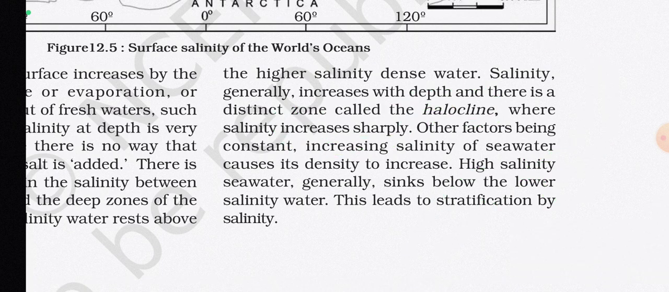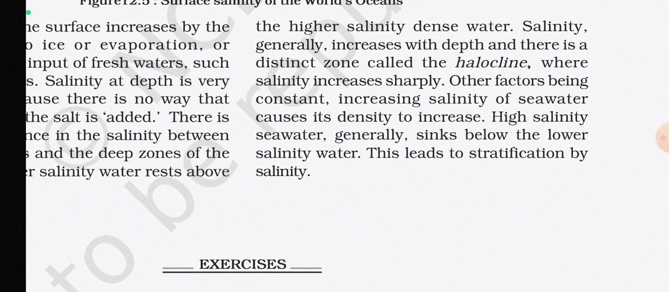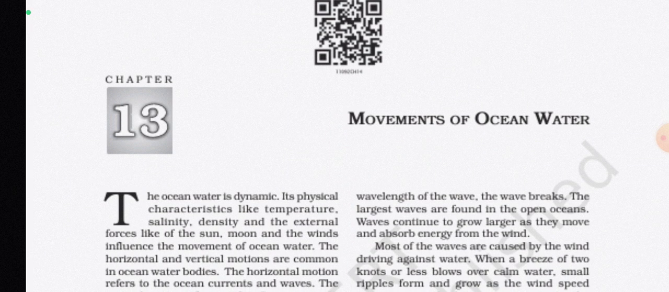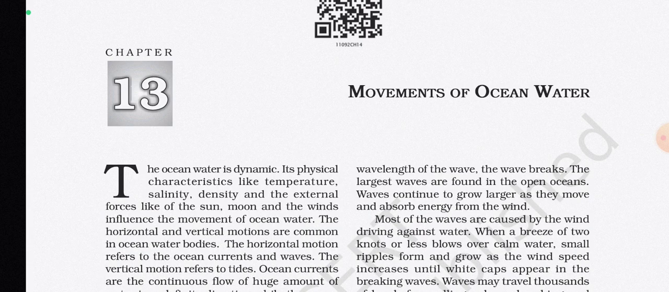You can compare other factors being constant. Increasing salinity of sea water causes its density to increase. High salinity sea water generally sinks below the lower salinity water. This leads to stratification by salinity. तो ये भी चैप्टर जो है हमारा कंप्लीट हो गया है, ठीक है। अब देखो मूवमेंट्स ऑफ ओशन वाटर। तो टाइड्स, वेव्स, एक्चुअली ये मूवमेंट्स ऑफ ओशन वाटर चैप्टर के अंदर पढ़ा जाएगा। तो ये चैप्टर नंबर 13 है। तो चलिए इसको भी पढ़ लेते हैं।